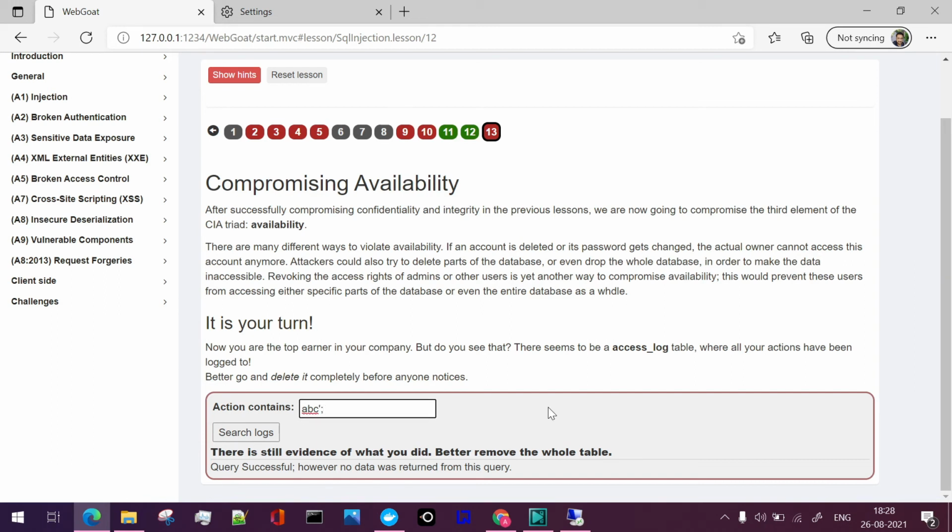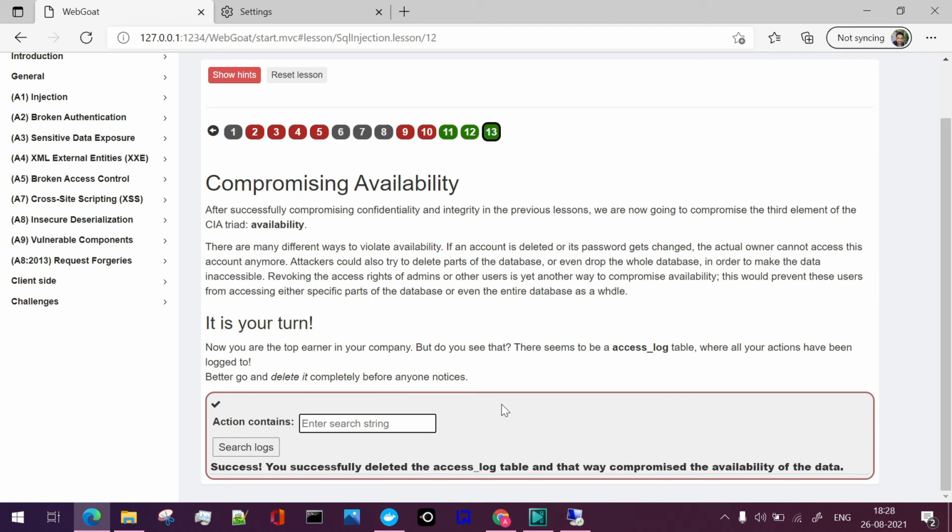I'll add this string, close the SQL query, and follow SQL query chaining wherein we'll drop this table. So drop table, and let me copy this. We have to delete the access log table, and after that just comment out. If we clear this now, we have successfully been able to clear this table using query chaining, and compromising availability has been breached.